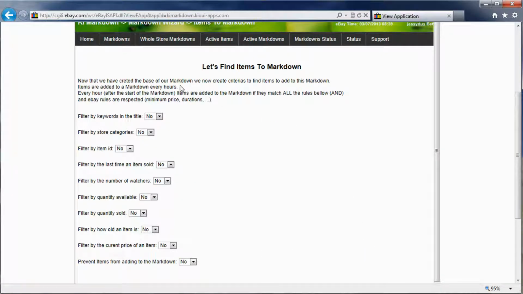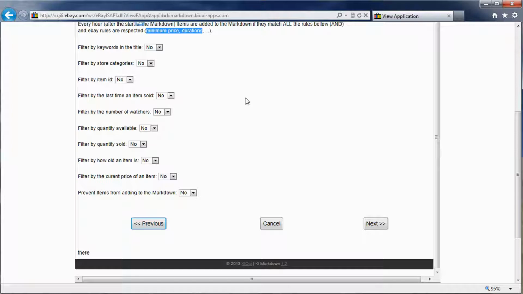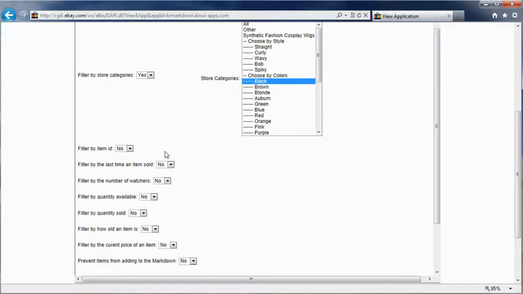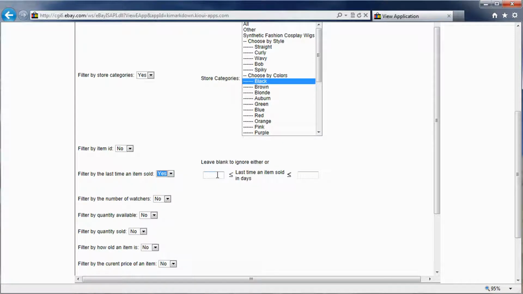Now, here is where we look at the items that we need our sale to find. So I'm going to want to go to my store category and use just wigs that are in the color black. Let's see, I do not want to filter by ID. I want to filter,